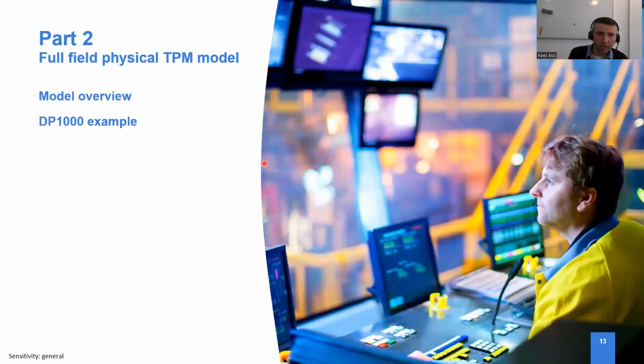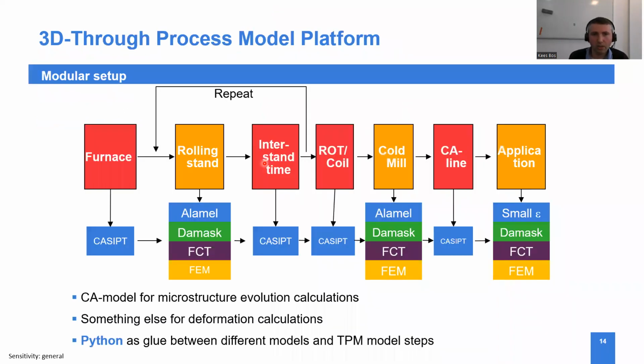So that brings me to the more or less second part of my presentation, the full field physical through process model. I'll start with a brief overview to give you some feeling for how we connect all these parts that are in there. And then for a DP1000 steel grade, a dual phase 1000, I will show how good these models are working. So this is a very short schematic description of our through process model platform,